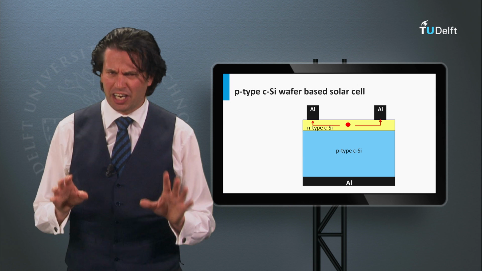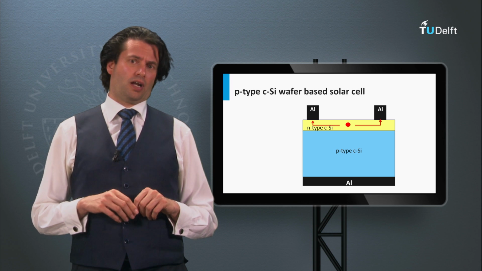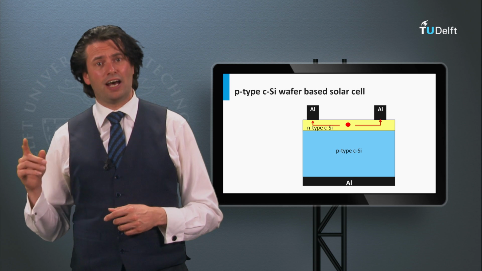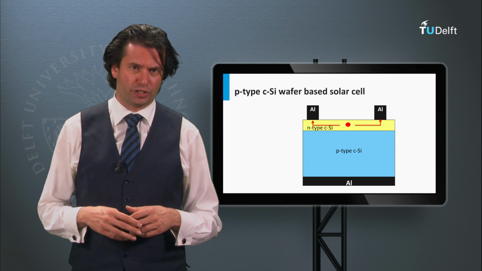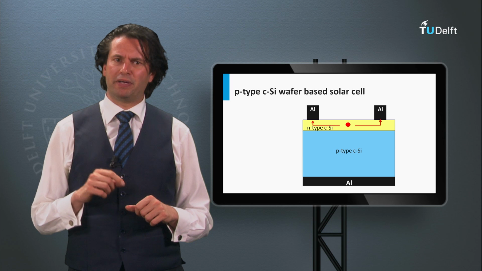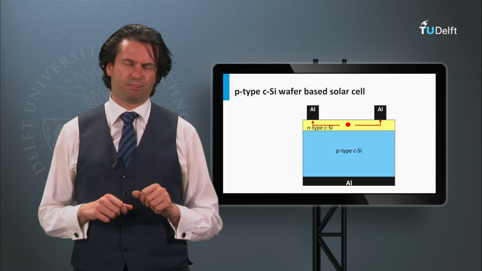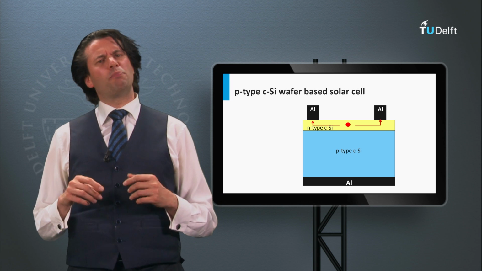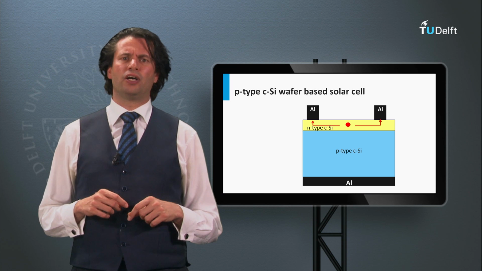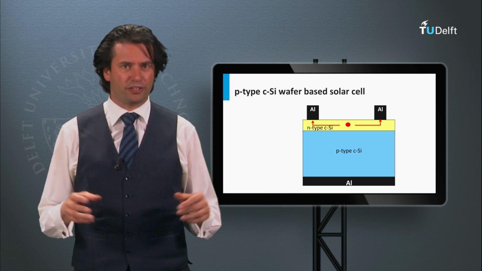Let's see what the challenges are for this transport of electrons to the contacts. First, last week we have discussed the importance of the high lifetimes of charge carriers. High lifetime guarantees large open circuit voltages, or in other words, the best utilization of the bandgap energy. This means that we have to reduce the recombination losses as much as possible. In addition, recombination limits the collected current as well. Recombination in silicon occurs, as discussed earlier, through Shockley-Read-Hall recombination and Auger recombination.